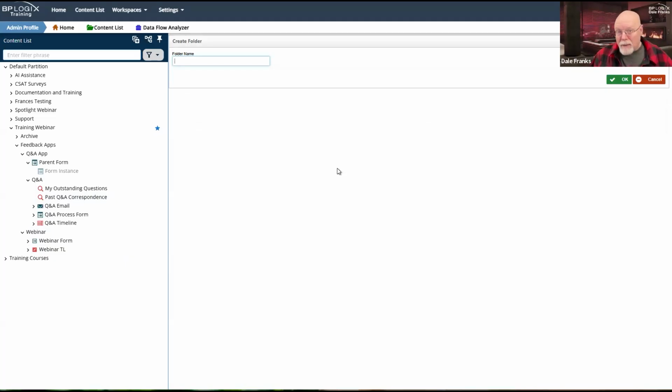But this really can be, depending on how you want to create it, an independent sub process, which means it's a callable sub process. I can call it from any process, and therefore I can provide feedback for any process. So I don't want you to get the impression, even though it looks like it because of the way it's organized here, that I have to create an individual feedback process for every main process. That's not true. I really only need one feedback process.